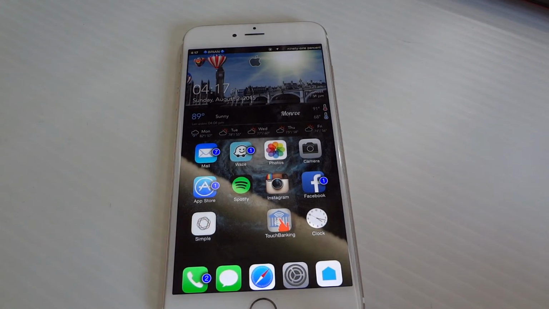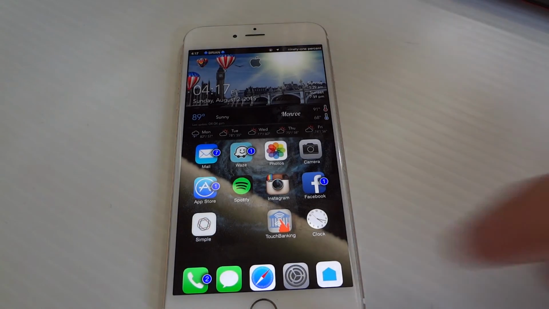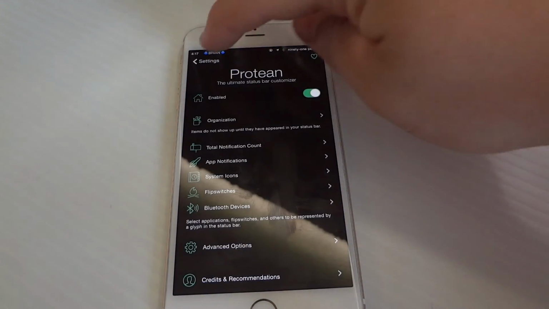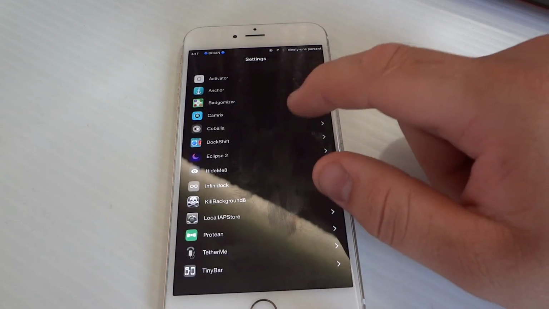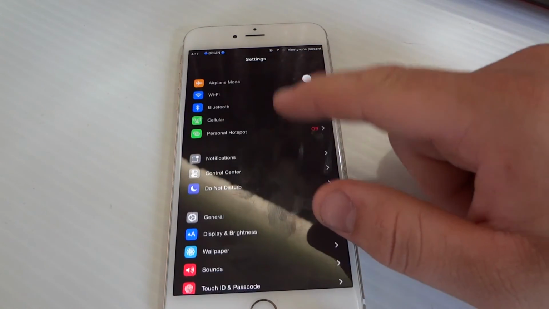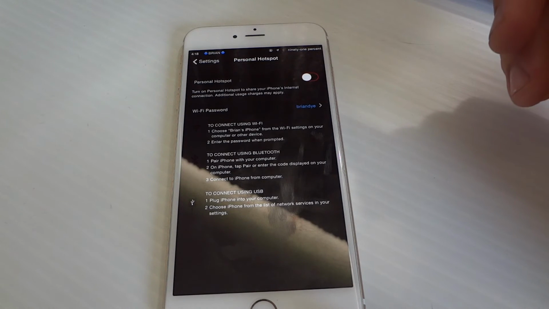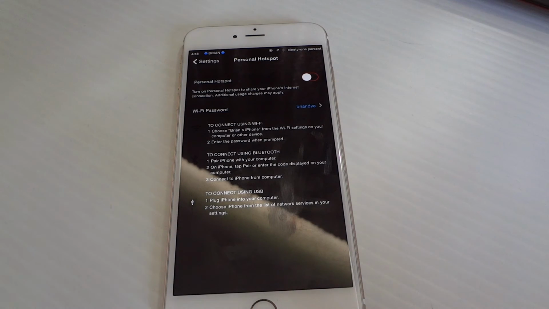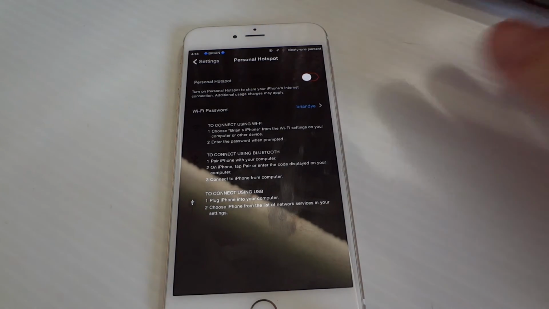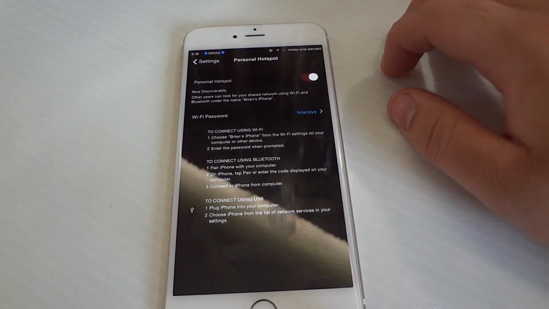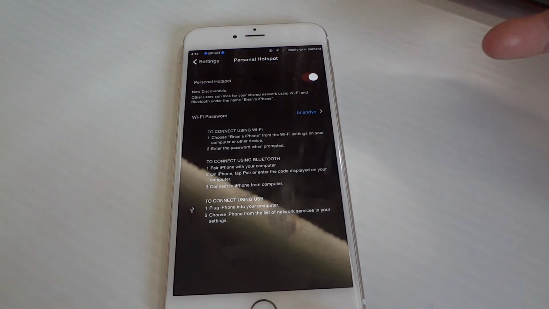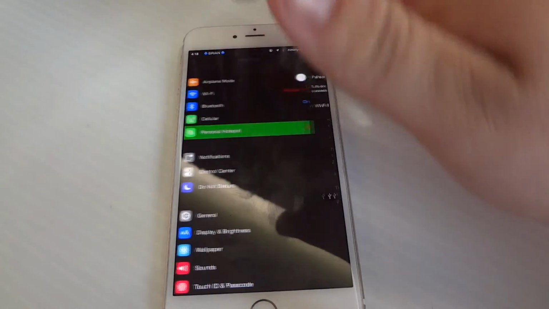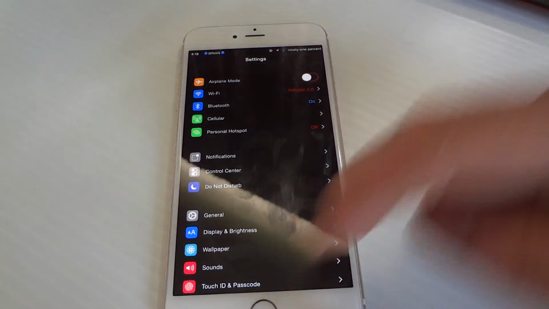What else? TetherMe. That's another one I like. I haven't used it too much since I don't have an iPad right now, but back when I had a tablet and I was at work, TetherMe is an awesome one. It unlocks the personal hotspot. Normally that's a feature that with Sprint you got to pay extra for. I'm sure any other company you got to pay extra for, which is stupid. I'm already paying for the data. How I use it is none of your business, in my opinion. So this lets you turn that on. Right now my iPhone is broadcasting a connection. So I turn it off, obviously leave it off, but